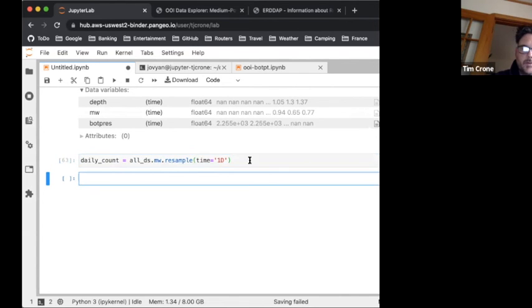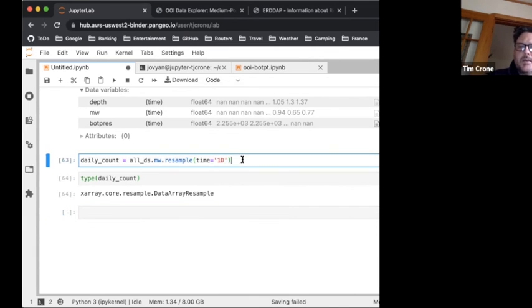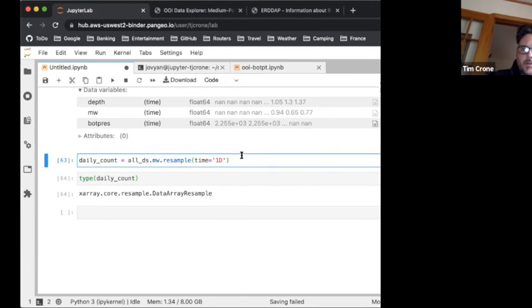And what happens when we do that? We get this object that's a resample object, right? Just like we did before. I didn't show you what the type was, but this resample object is a kind of object that you can also run things on. And so in this case, we're going to do something very simple. We've resampled the data on a 1 day time frame, and resample will